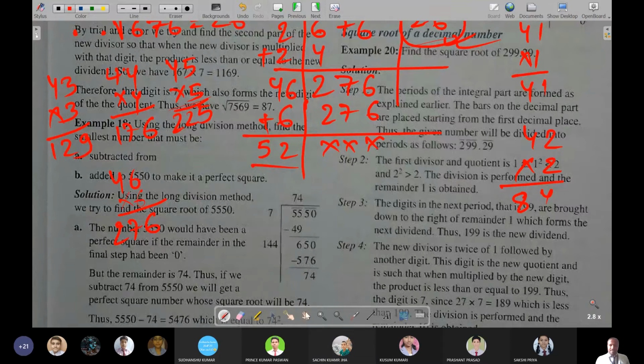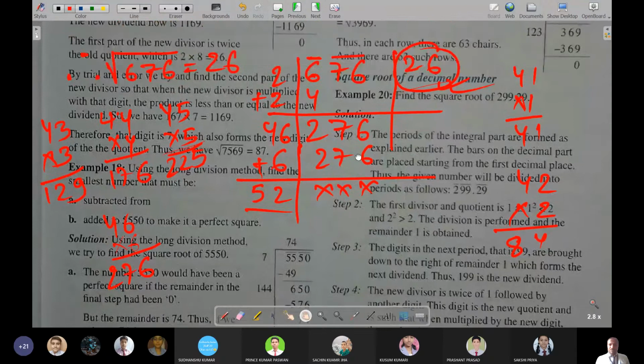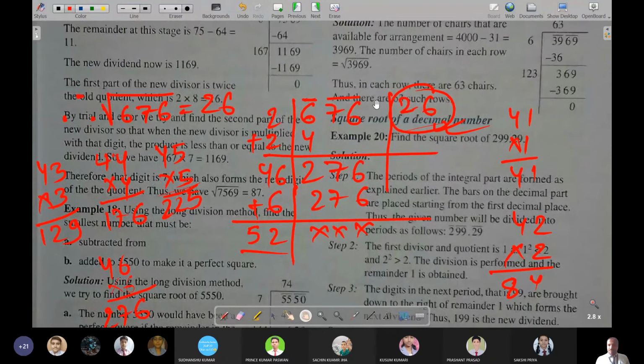Just see. Okay, once again I will say. At first, what you have to do is make the pairs. Okay, pairs will be started from last. Pair of 2, last one. Okay, 3 it is. So one pair became of double numbers and one, 6, is alone, because there were only 3 digits. So now from the first digit you will start to divide.